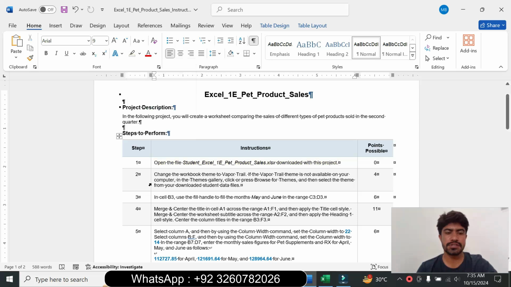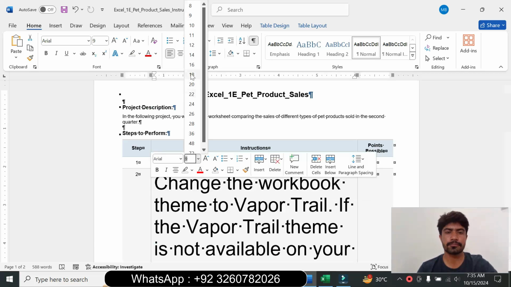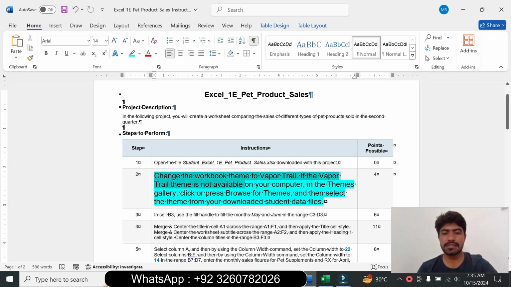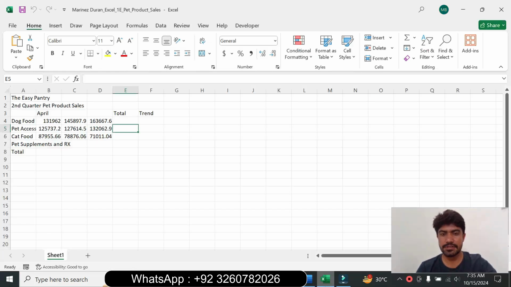We can move to step number two. Step number two is change the workbook theme to Vapor Trail. If the Vapor Trail theme is not available on your computer, in the themes gallery click or press browse for themes and then select them from your downloaded student data file. Go to the Excel worksheet